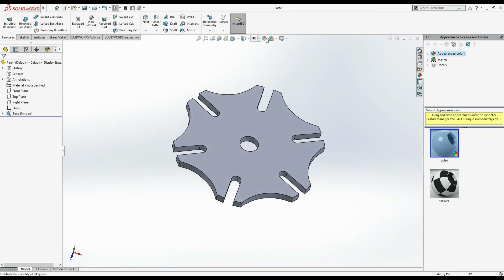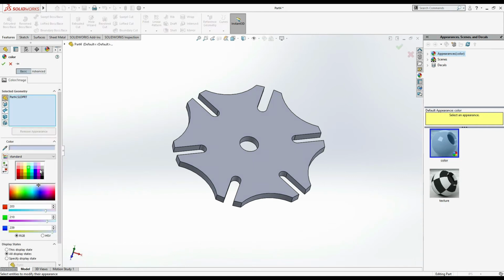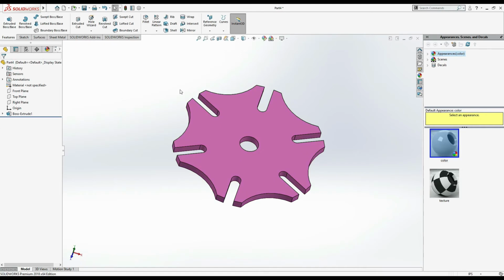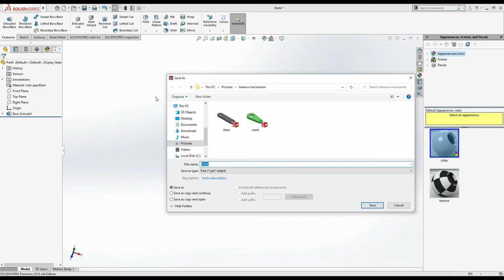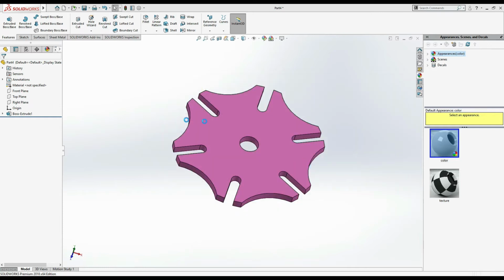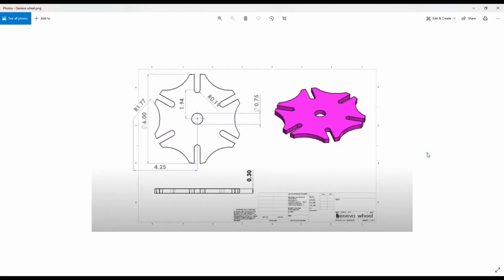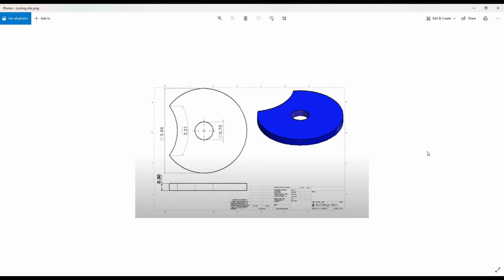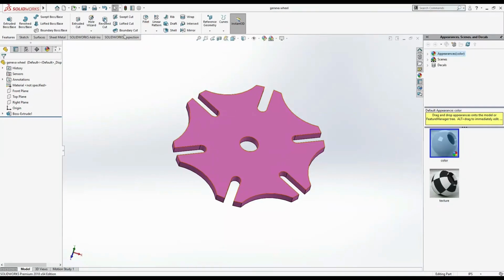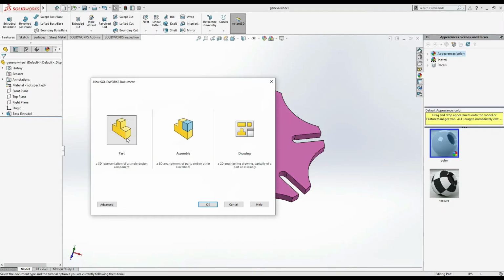Now go to appearance and change its color to some pinkish. Okay, Control S, save it as Geneva. Okay, now for the next part, next we have locking disk, new document, part,